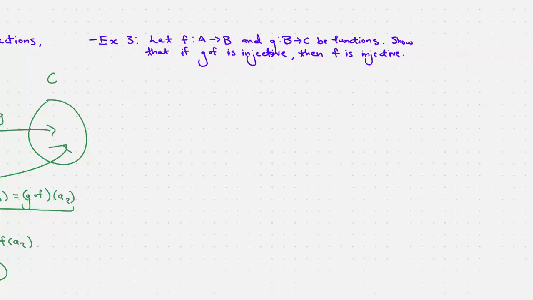I got lost in my notes for a second. So we're given f from A to B and g from B to C, and given g of f is injective,